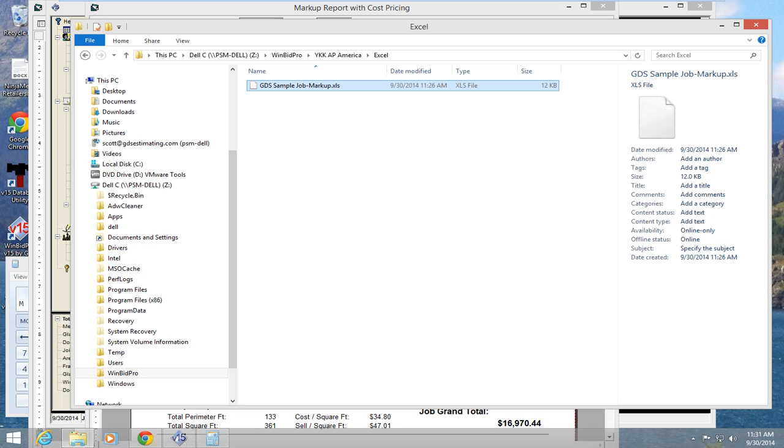But I'm going to go to my YKK folder. This is where I was on my other computer. And I'm going to go to the Excel folder. And this is the markup report. So I do have Excel on this computer. So this is what it looks